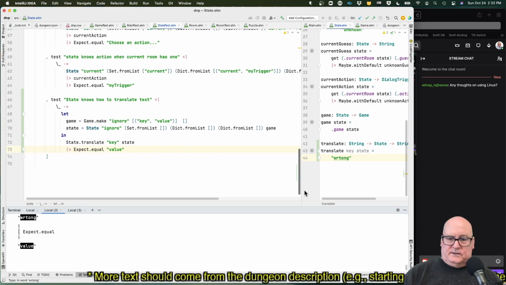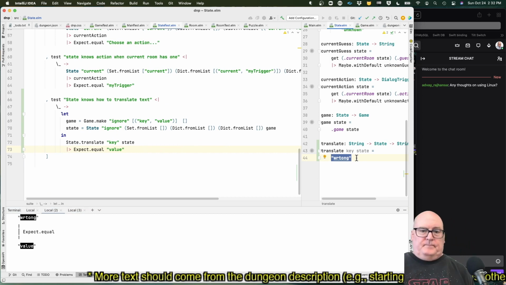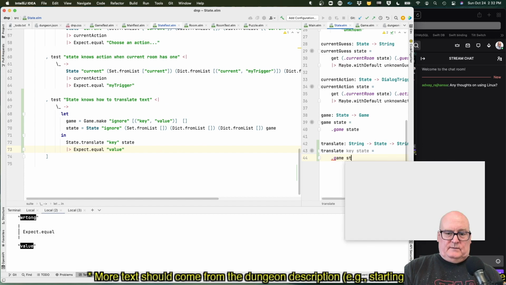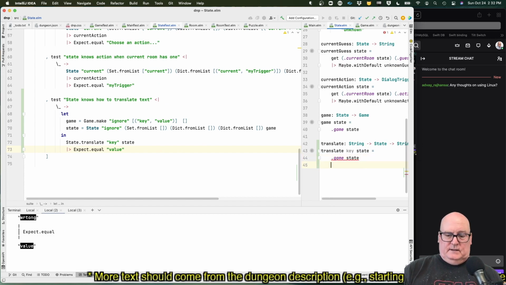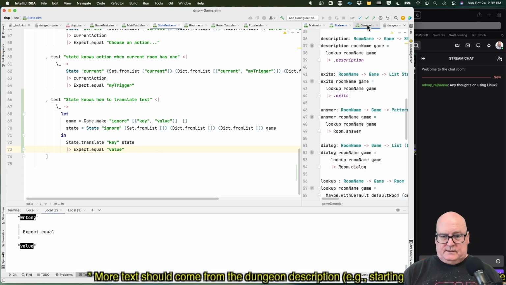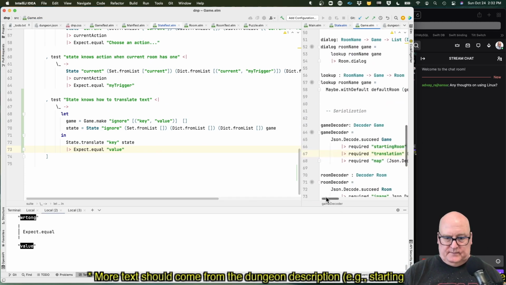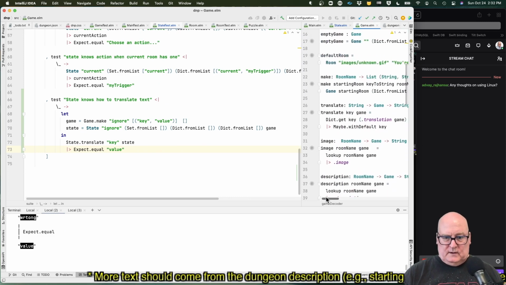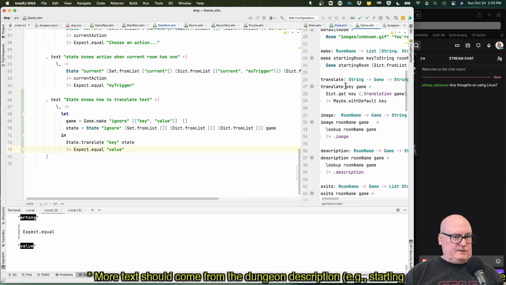Okay. So the way to translate, we need the game from the state, and then from there I guess we want to translate the key.